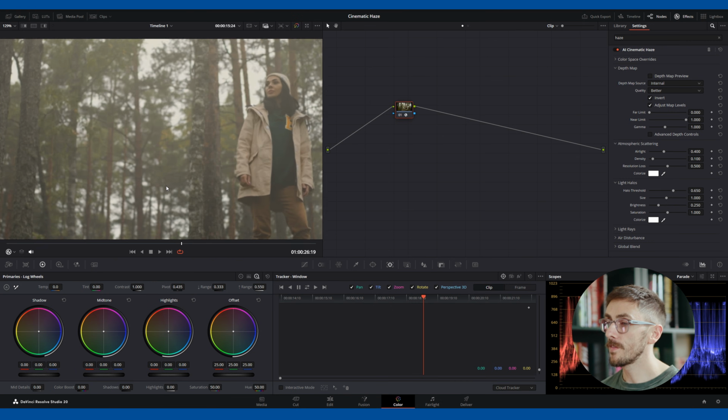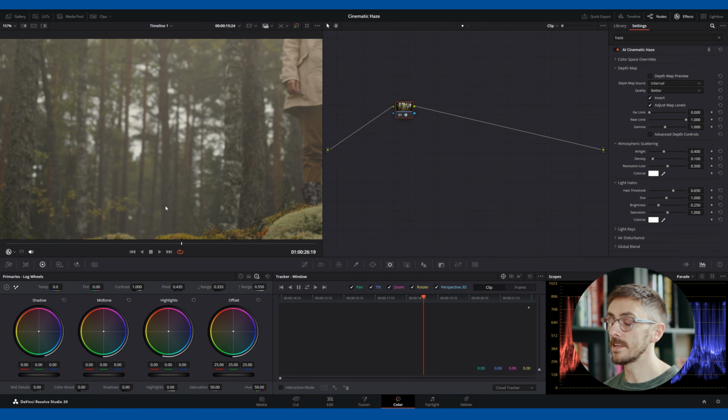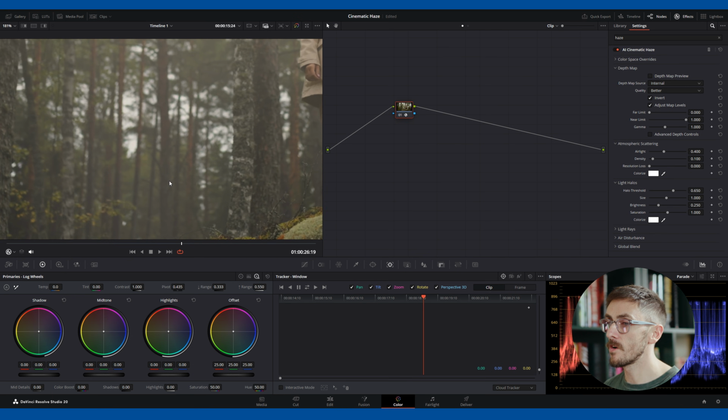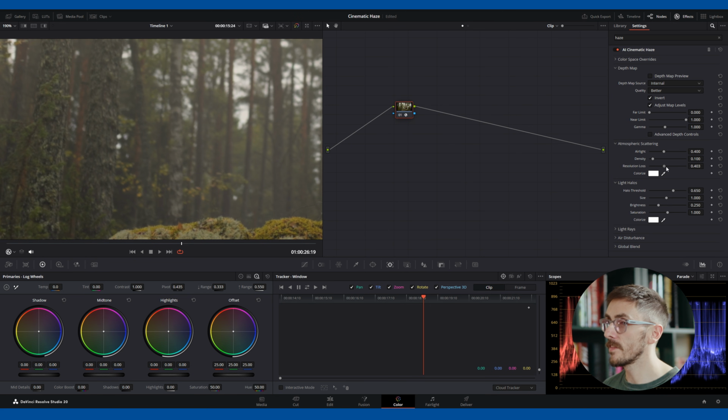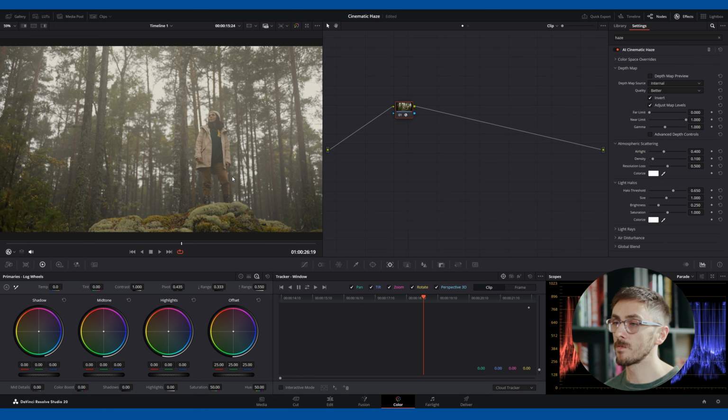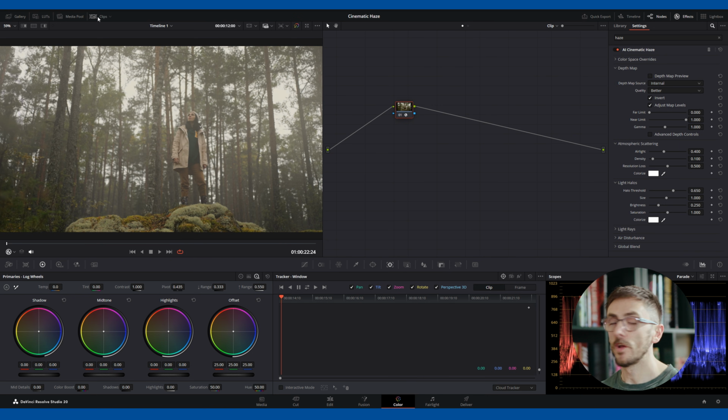Now, with this tool, what Resolve is doing, it's reducing the clarity of the objects in the distance according to the depth map. So if I start to reduce the resolution loss here, we can see that the objects in the background fall in and out of focus even further. In most instances, from playing around with this so far, I think just keeping it where it is is a pretty good standpoint. And underneath we have light halos, but for this one, we're going to jump over to a clip